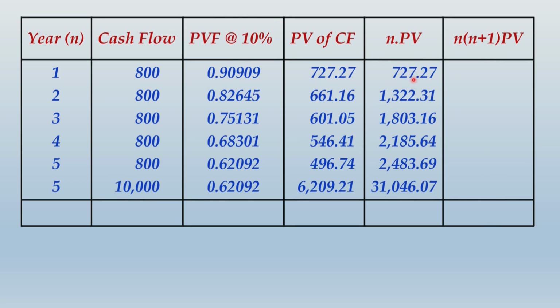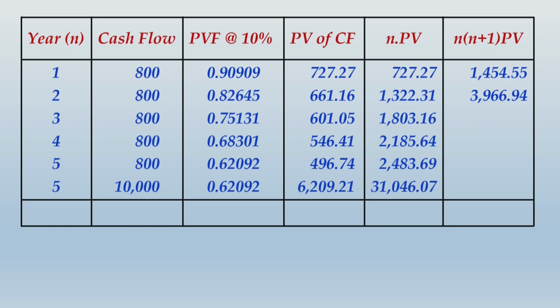Now N into PV, how did we get it? N was 1, PV was 727.27, so we got N into PV. If I have to find N into N plus 1 into PV, I just have to multiply this by N plus 1, because this is already N into PV. N plus 1 will be 2. Multiplying 2 by this value, you will get N into N plus 1 into PV for this. Likewise, for the second line, N into PV is already computed, that is 2 into 661.16. You just need to multiply N plus 1 to this value, that is multiply 3 to this value, and you get